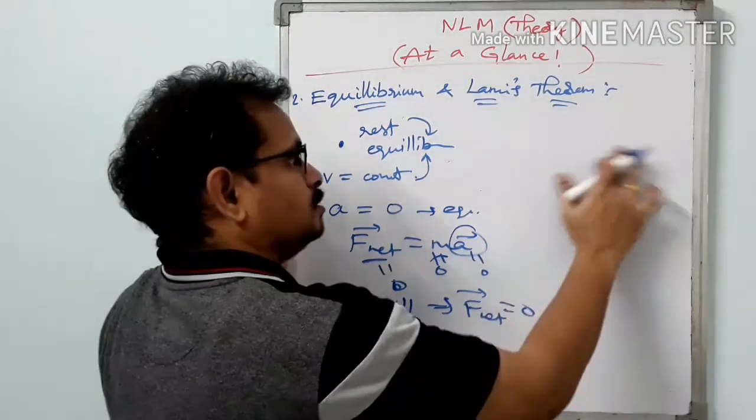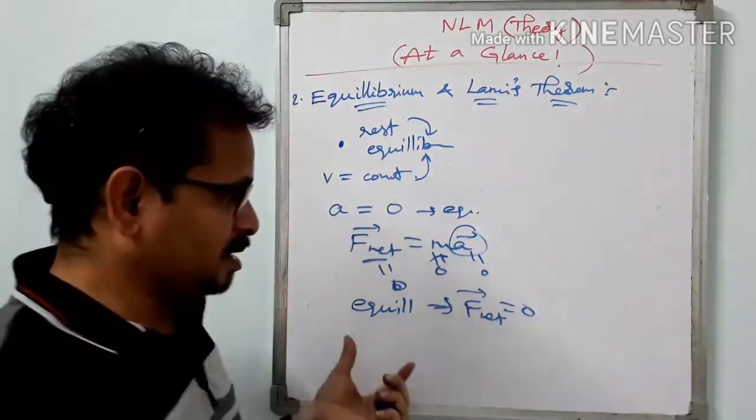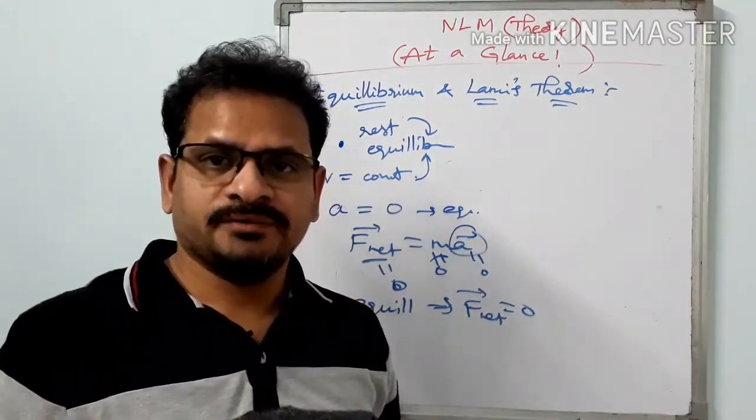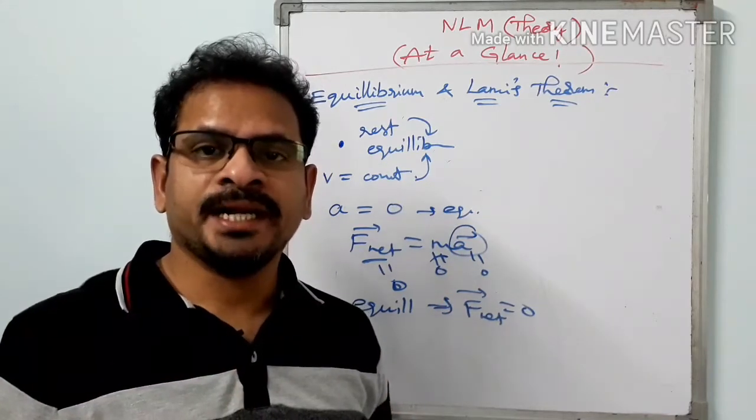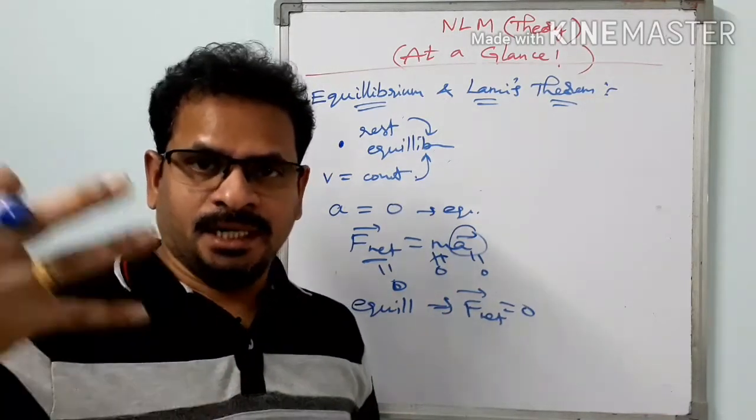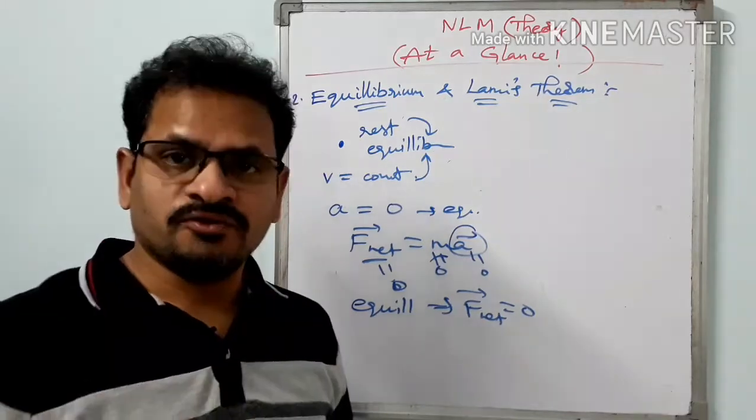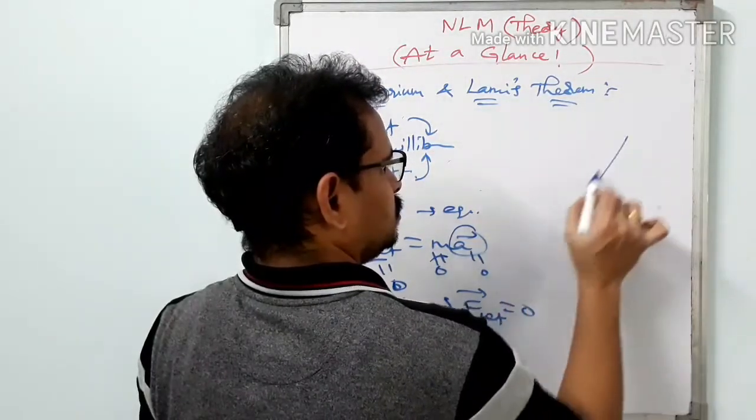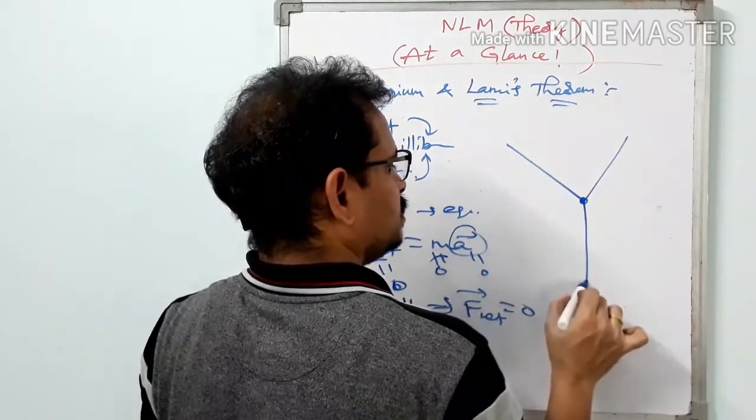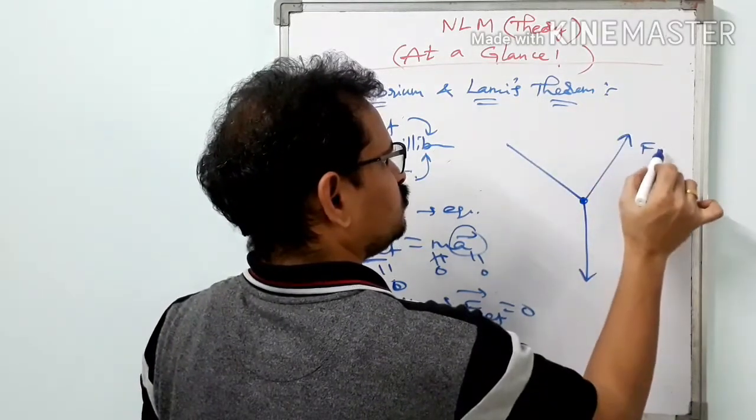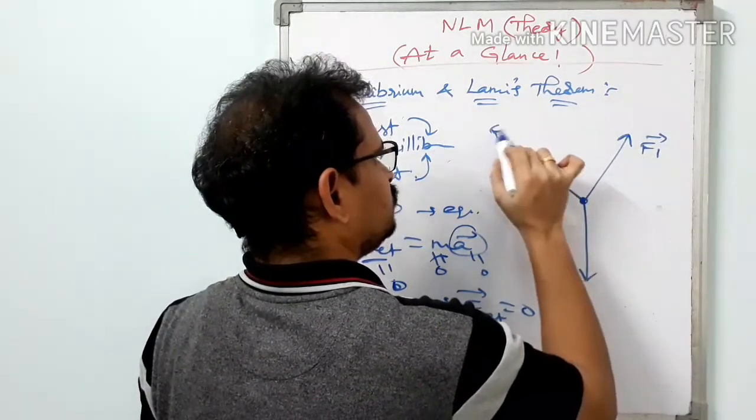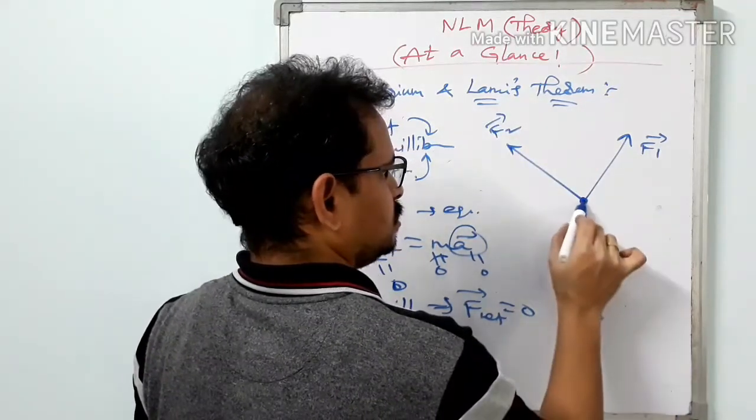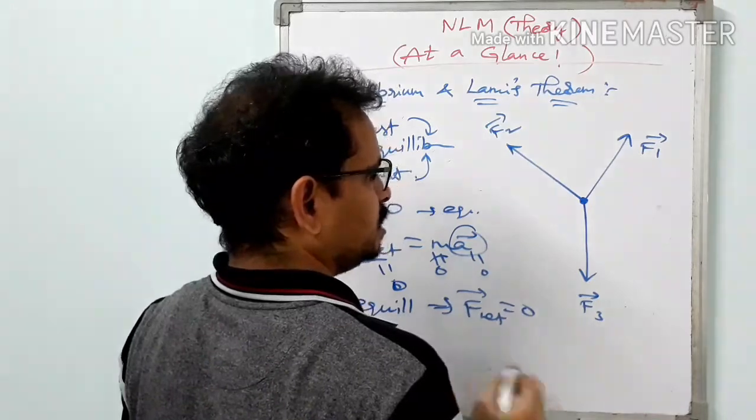Okay, so when problems are given to us, we will be asked to find an unknown force while many forces are acting on a body and keeping it in equilibrium. For example, if a particle is here, there are many forces acting on this particle like this. This is F1 bar, this is F2 bar, this is F3 bar. Okay, this particle is in equilibrium. Then in this case,